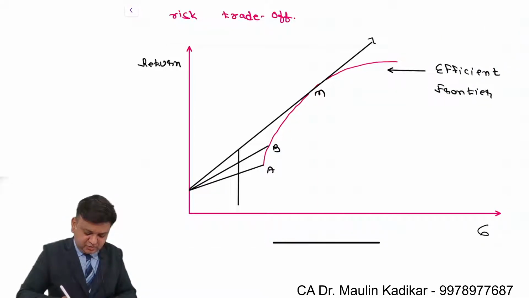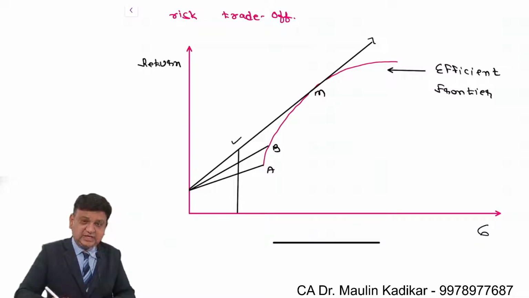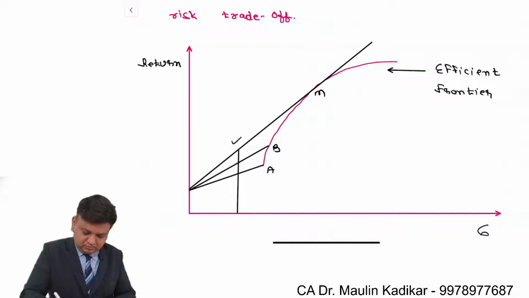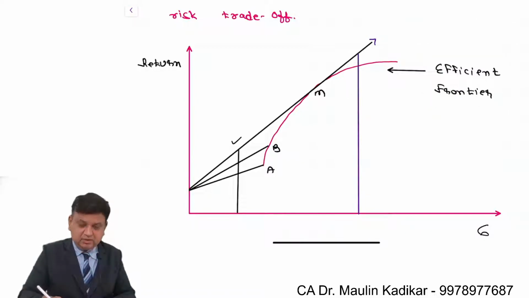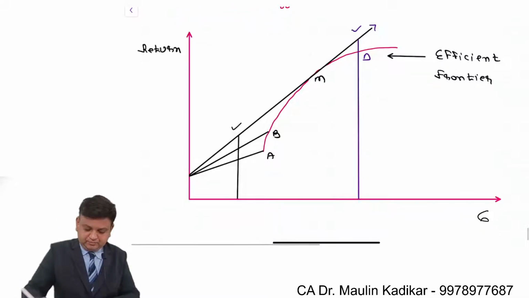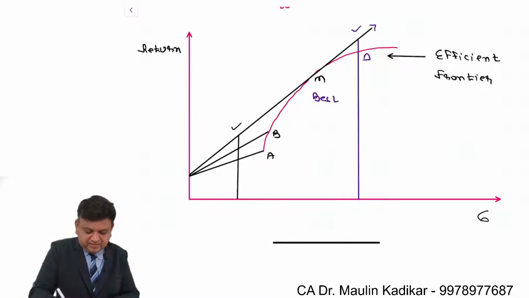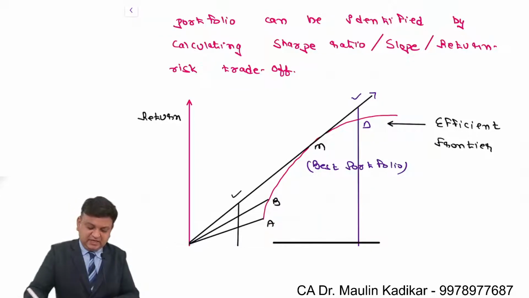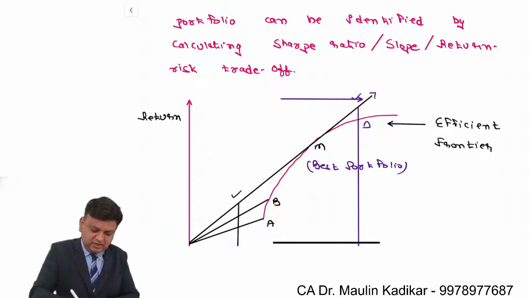For your understanding purpose, I draw a straight line over here and we select this. For our understanding again, we draw a straight line over here and we select this. This is the portfolio, and this is considered to be the best portfolio. And dear students, this line is given the name capital market line. The combination of RF with the risk-free security is given the name capital market line.